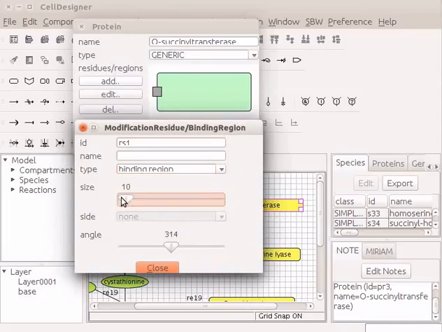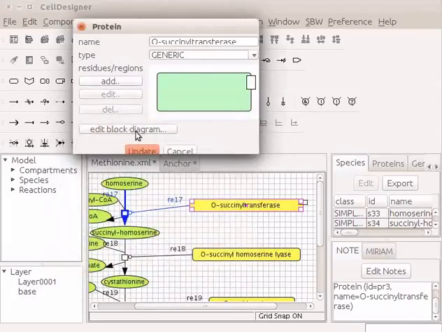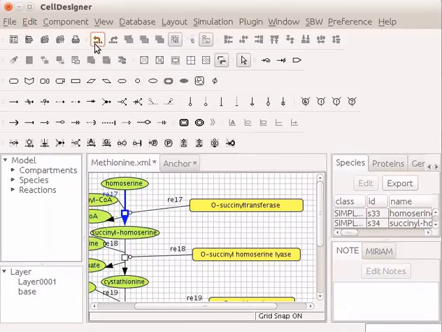For this demo, I will select size as 15 and angle as 38. Then click on Close. Click on Update and close the box. As we do not require to add region in the methionine biosynthesis, I will undo these changes.